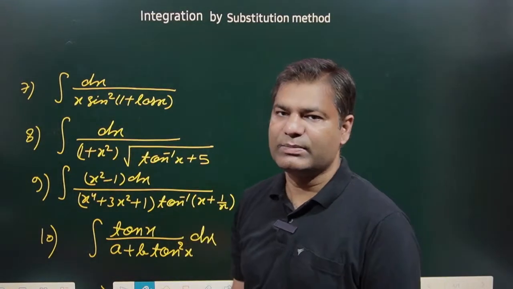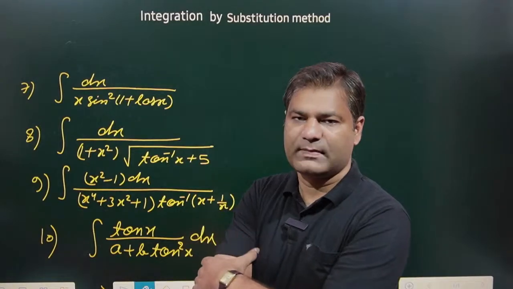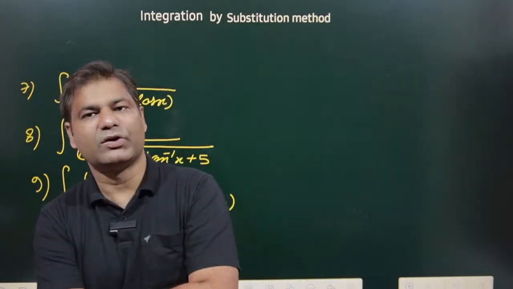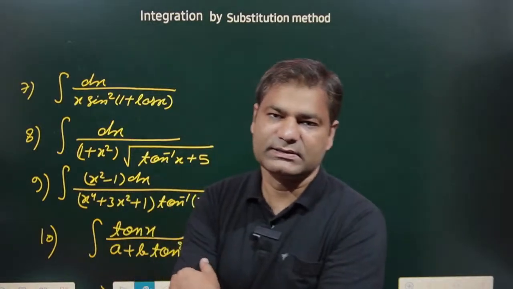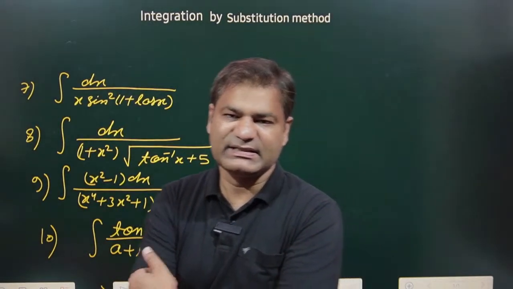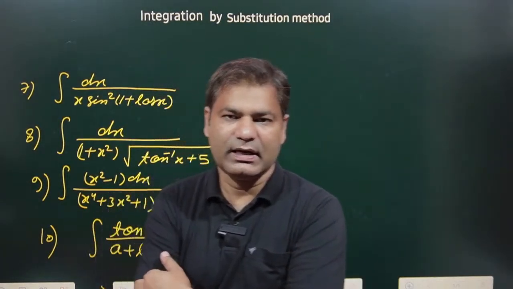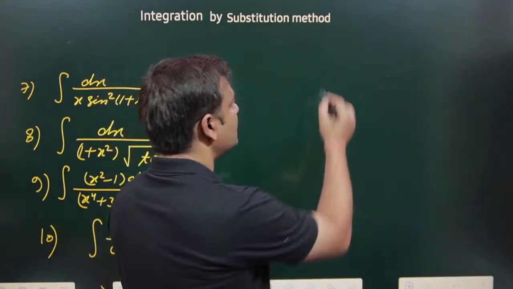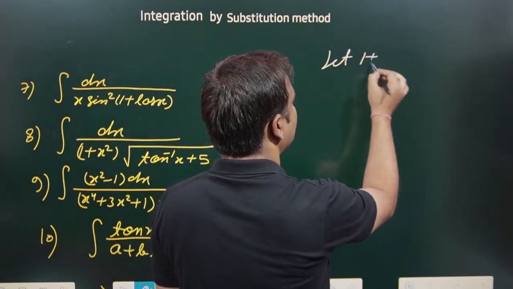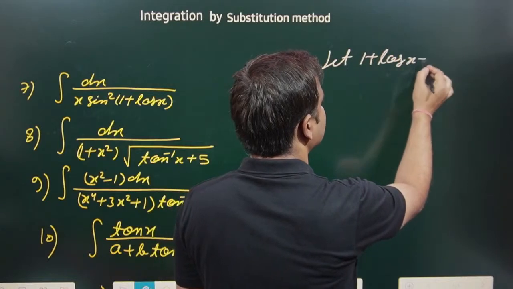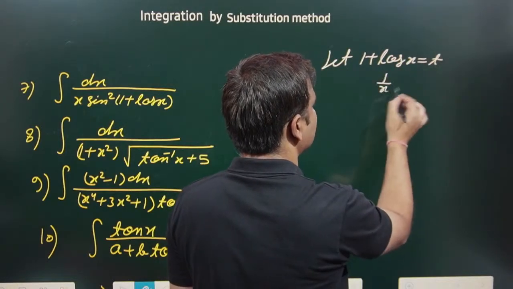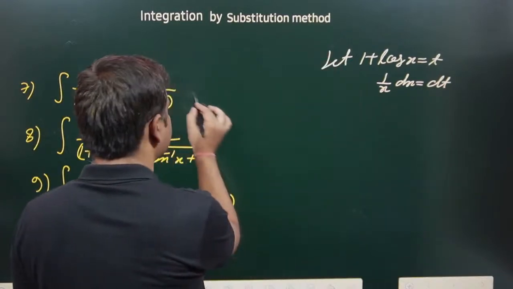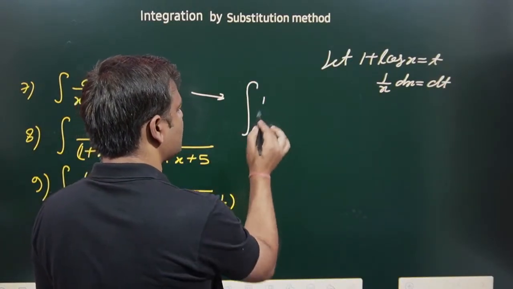If you take 1 plus log x as t, then the differentiation of 1 plus log x is simply 1 by x into dx. So 1 by x dx is replaced by dt and 1 plus log x is replaced by t. Look, let 1 plus log x be equal to t. So differentiation of this one,